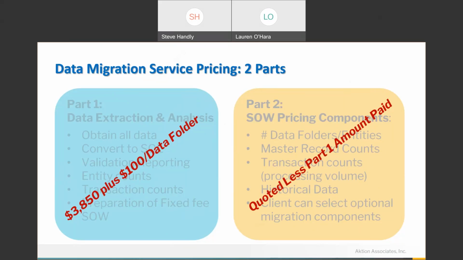Okay. So hopefully that helps a little bit with thinking and planning what the migration looks like. I think last time I did this